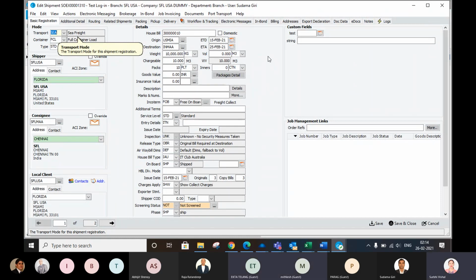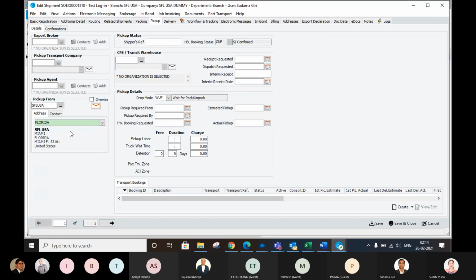No, not as such. Instead of cartage advice, we release a DO. Yeah, because some companies use other terminologies. Sudama, if you can show the cartage advice, putting some pickup or delivery details in the pickup and delivery tab, any dates, any pickup transport company.